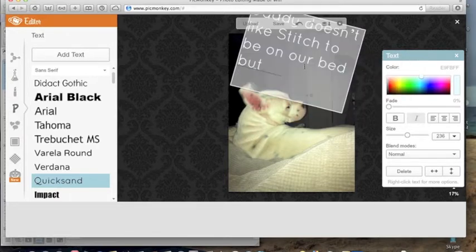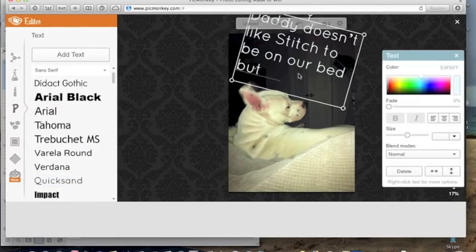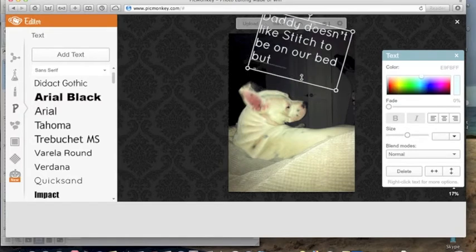Now it's rather big. So I think I'm going to bring the size down a little bit. Let's see. And let me change the size of this box. The only thing about this program that I will say can be a little bit annoying is that the program sometimes takes a little bit to catch up with what you've done. But I think that's a small price to pay for something free. So okay, here we go again. Let me just make this smaller